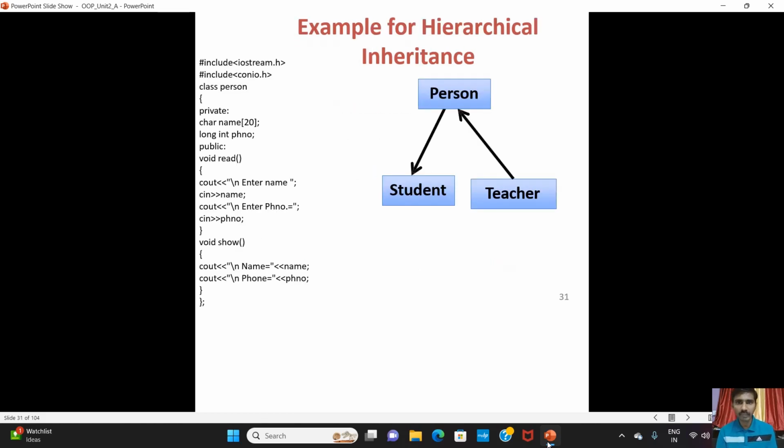See the example of hierarchical inheritance. In this example also, consider the arrow from person to student and from person to teacher. See in the example, class person is there. In private section, char name array of 20. Okay. Then long int phone number. In public section, void read method is there, which will